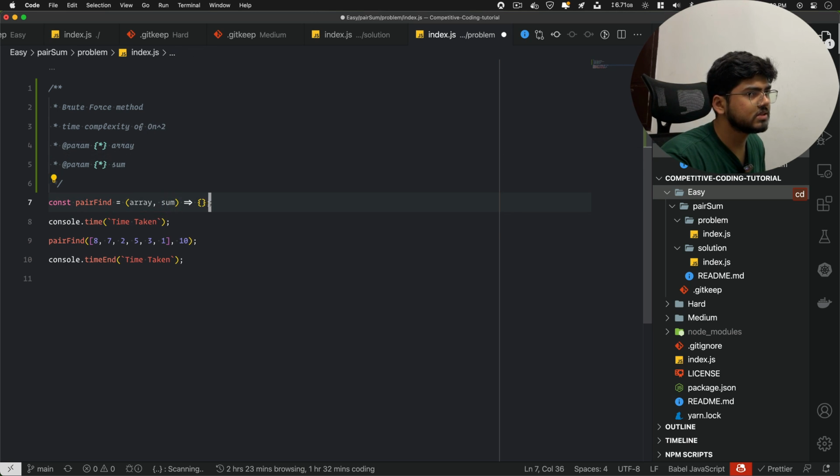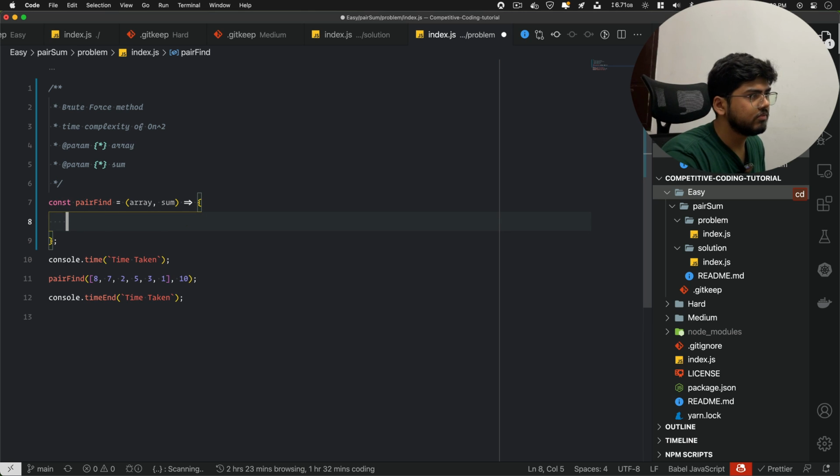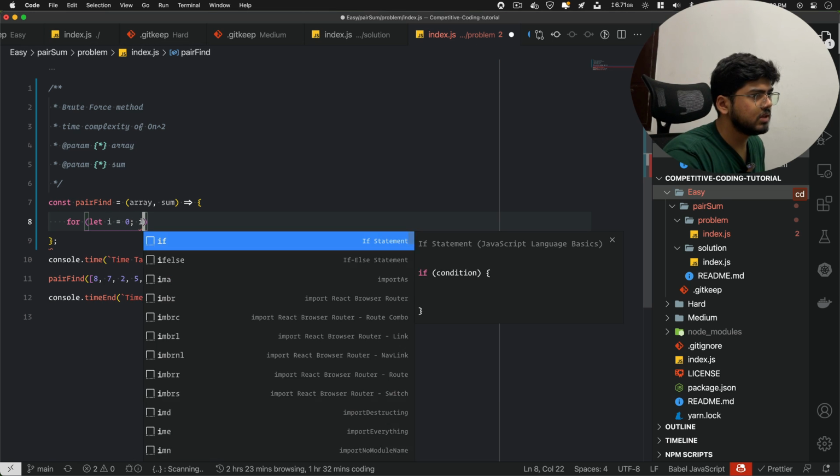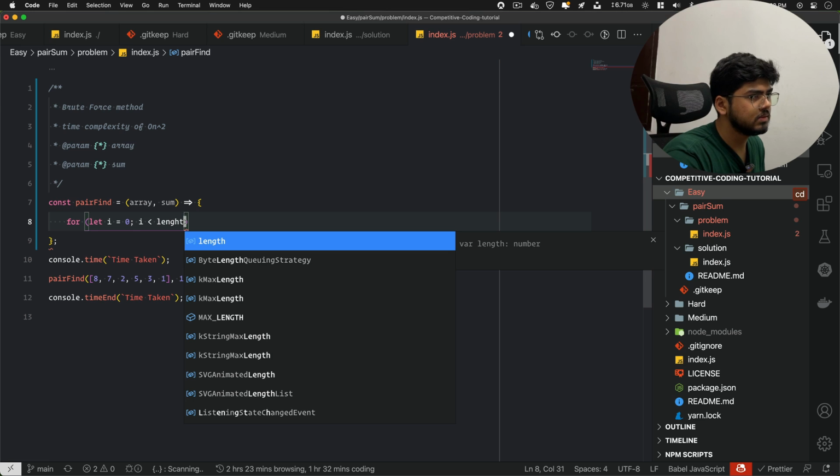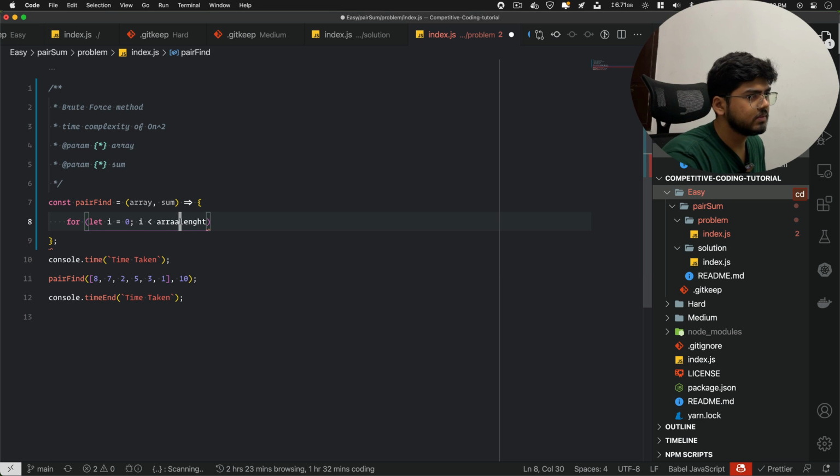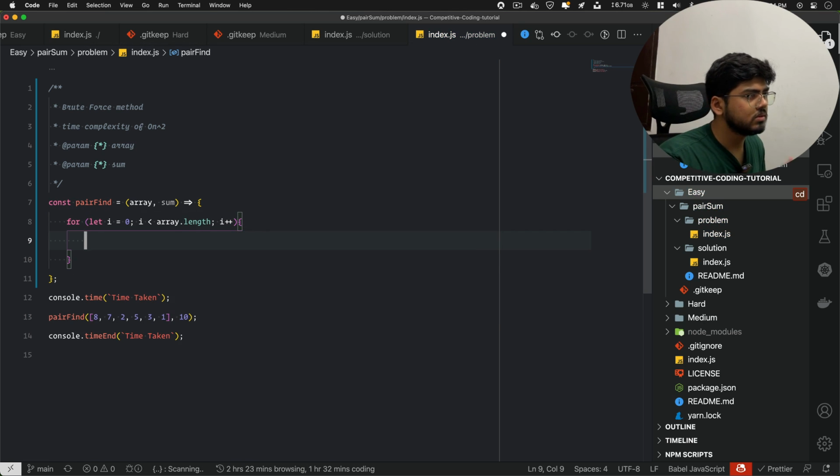Okay, now let's start. Now what we have is an array. Let i is equal to 0, i is less than length of array, and i plus plus. Now another loop we have to create is for the next index, as we discussed.